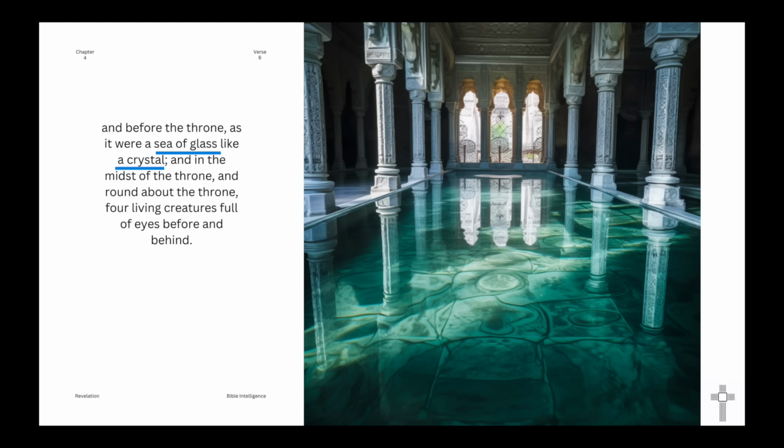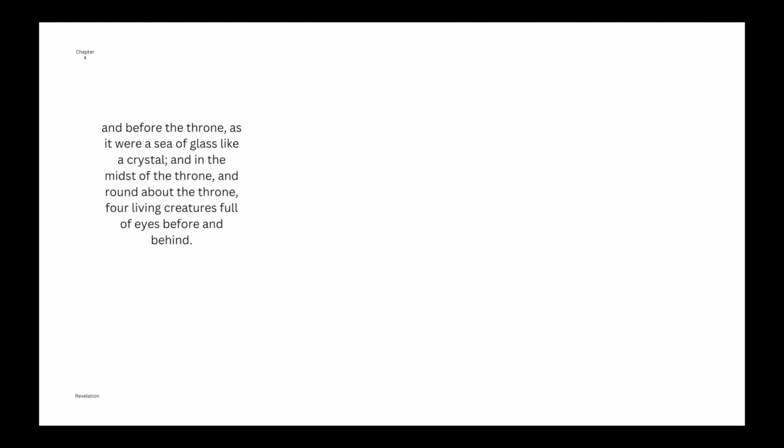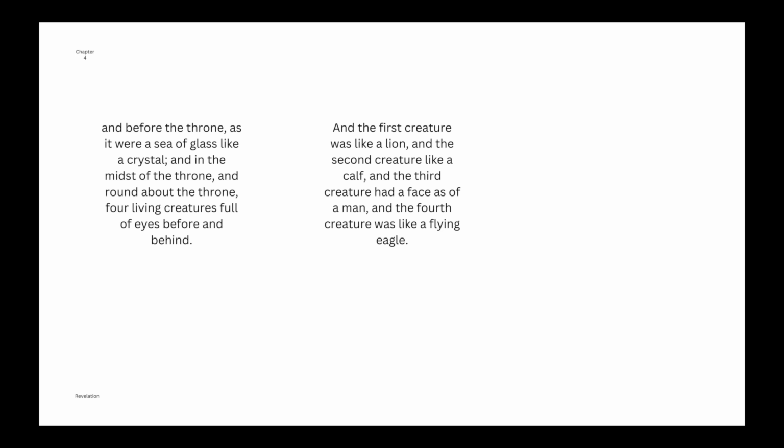But let's talk about these living creatures, and I think maybe the best way of doing it is to get everything out here. So we said, "And in the midst of the throne and round about the throne, 4 living creatures full of eyes before and behind. And the first creature was like a lion, and the second creature like a calf." Some translations use the word ox. We've got calf. "And the third creature had a face as of a man, and